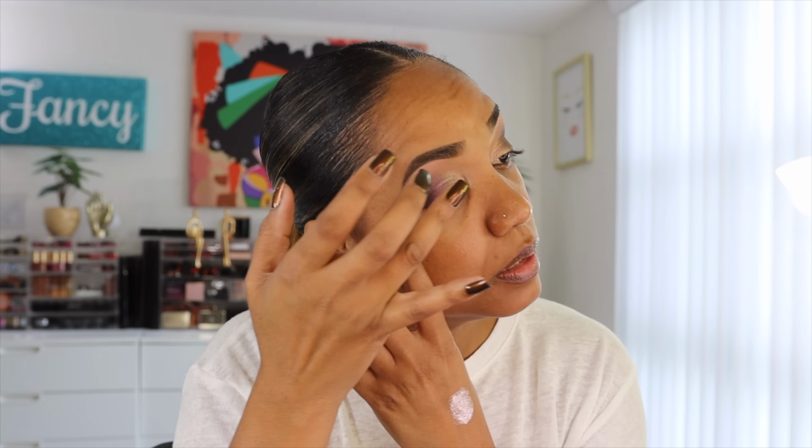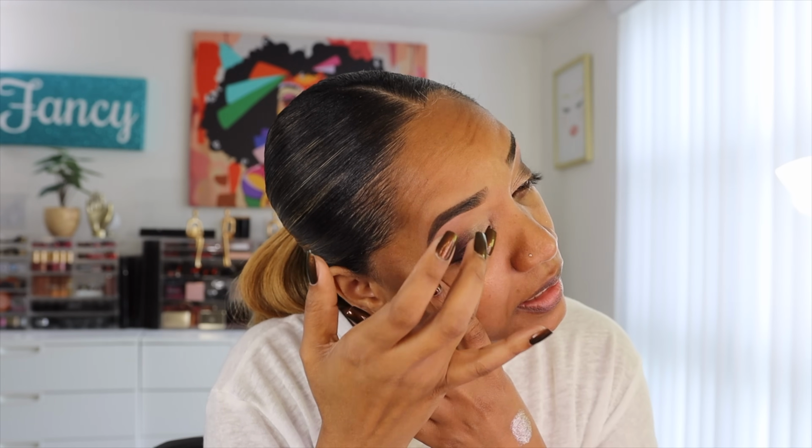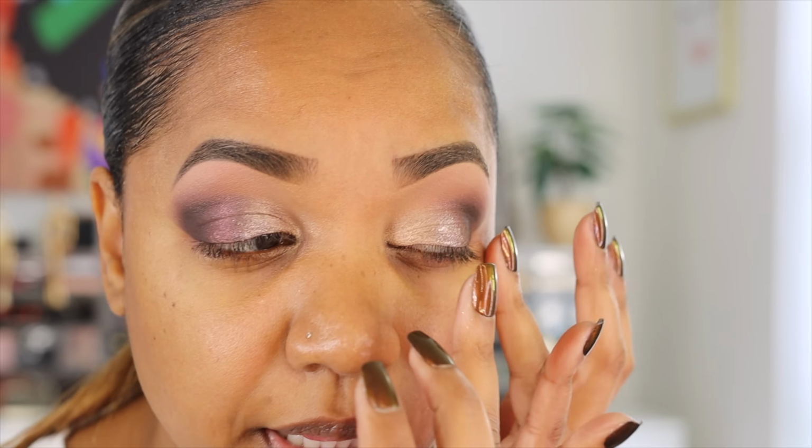I feel like I want to make sure this kind of presses out, almost like creating a cream eyeshadow with it. Because it's kind of, I don't like it. Let me just pop that. Yeah, I don't like how the shimmer is. It's kind of flaky and kind of sparse and chunky. I don't like the shimmer at all. I don't like the two shimmers in the palette. I mean, they're pretty, right? Come in, let me show you. So it's pretty, but I feel like